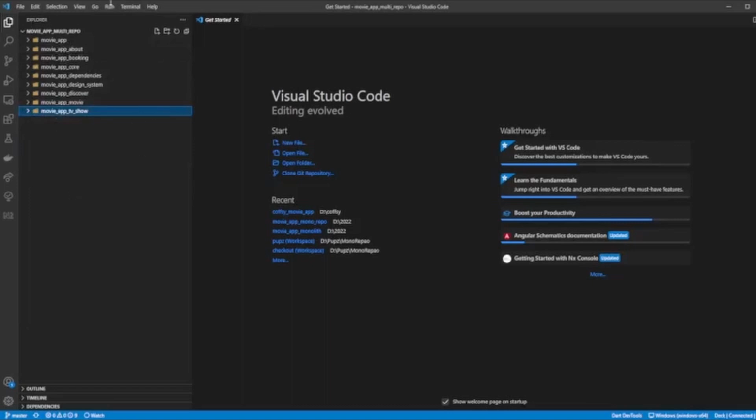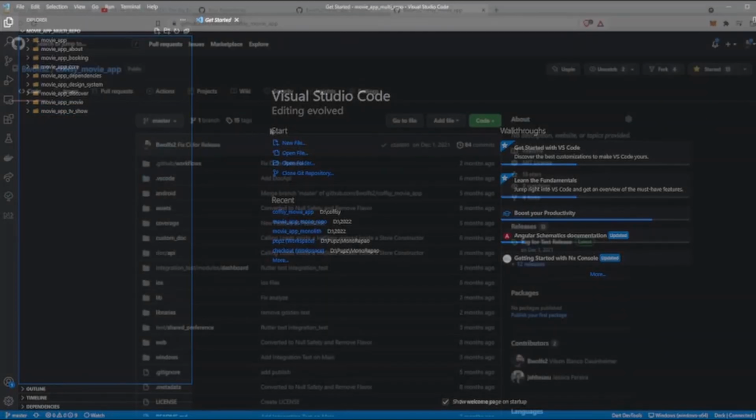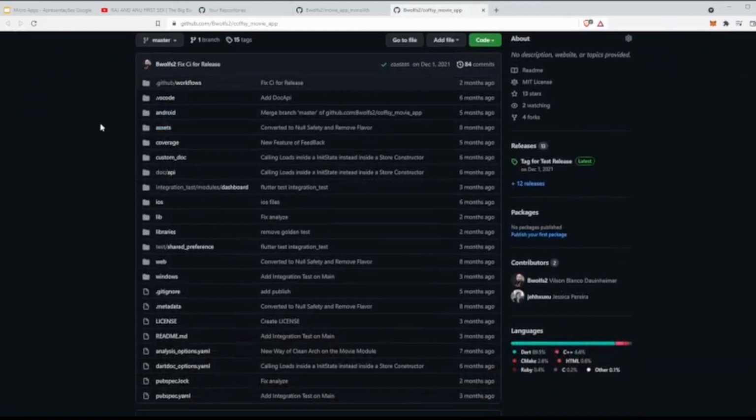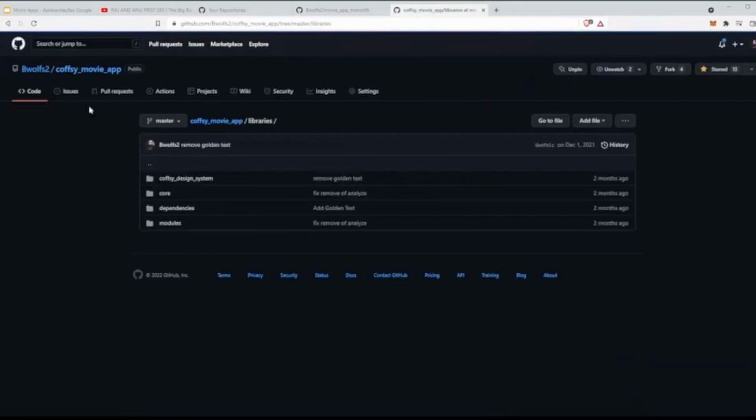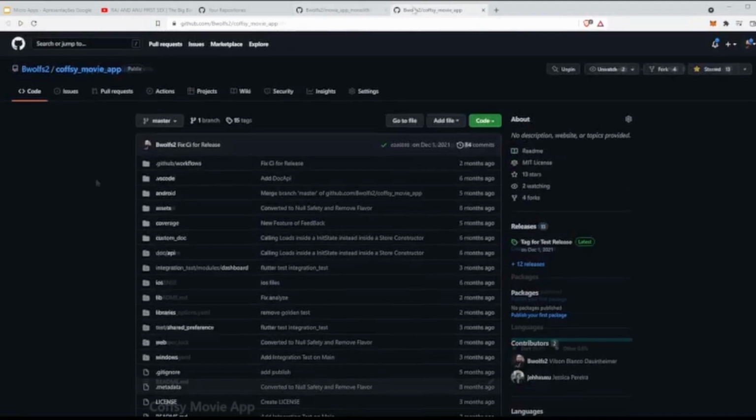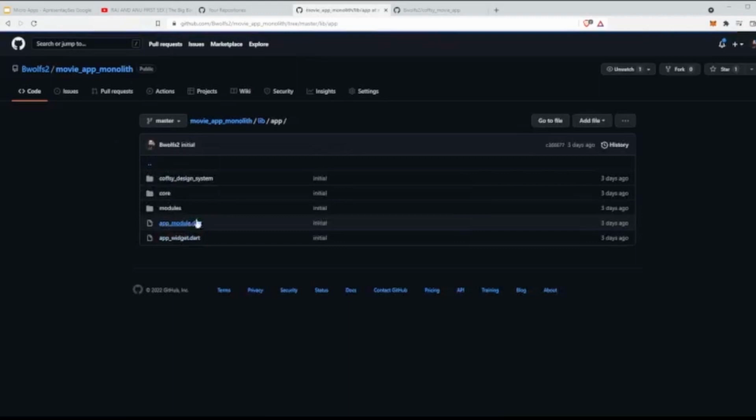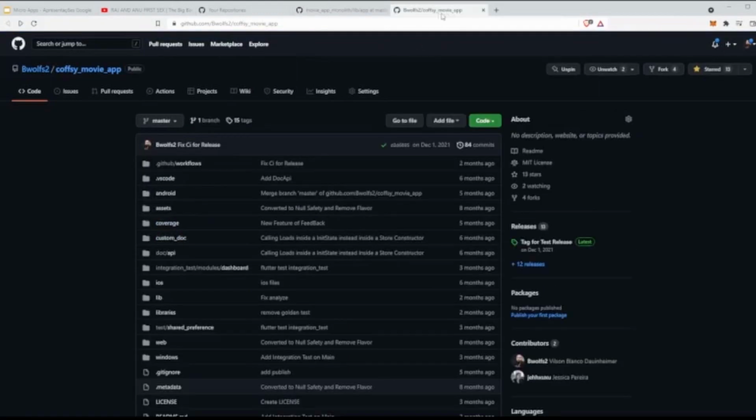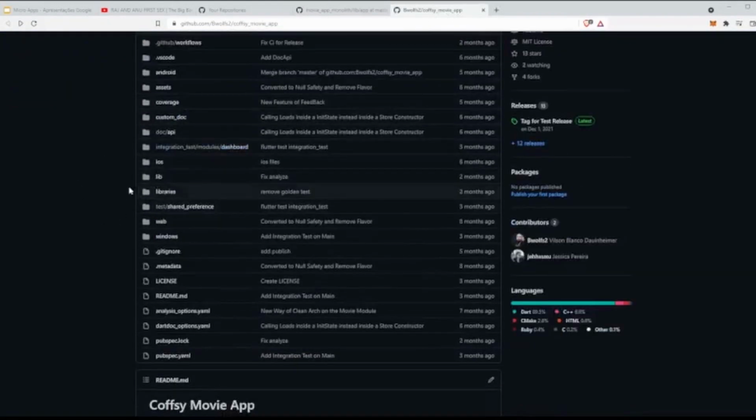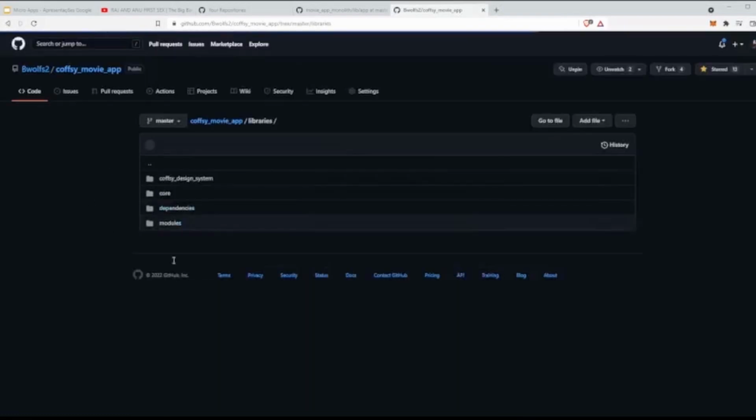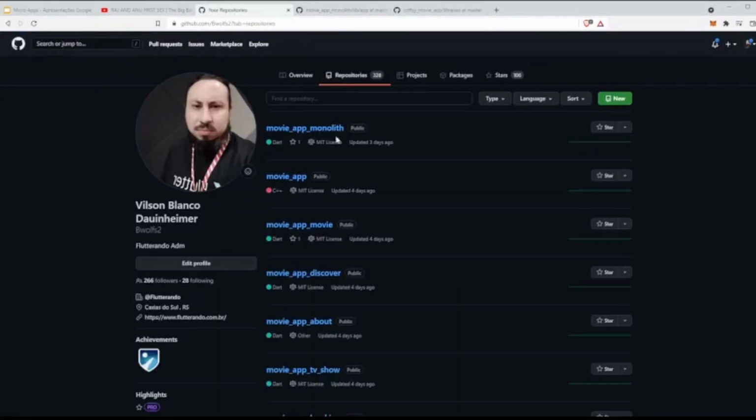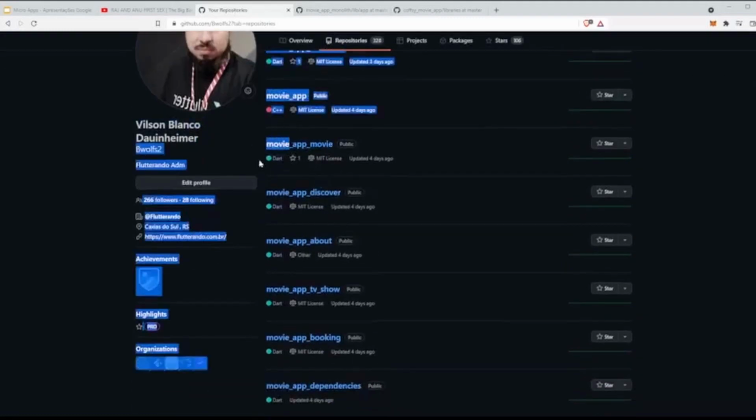and we have too many projects to maintain. And now I will show you my GitHub. Here in this repo I have the mono repo that has our libraries that I showed first. This is the monolith that has everything in the same place, and in this repo, coffee movie app, we have a mono repo where we separated the libraries. Here in the GitHub I put movie app first,